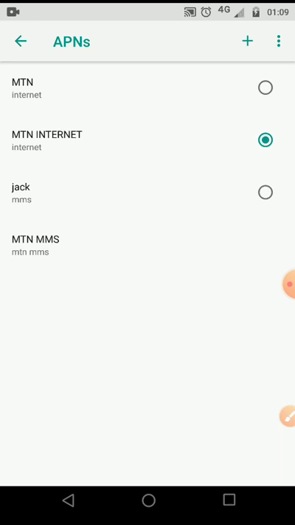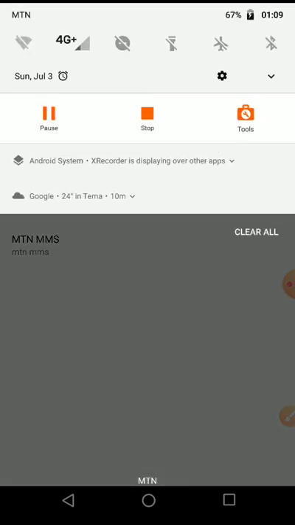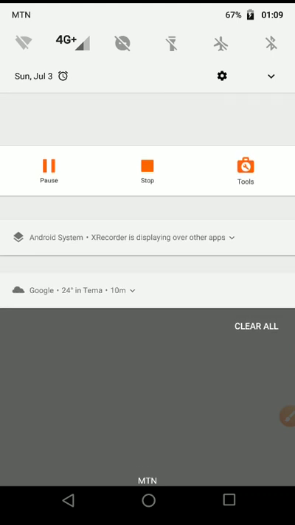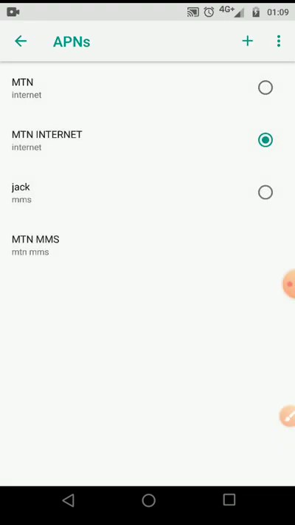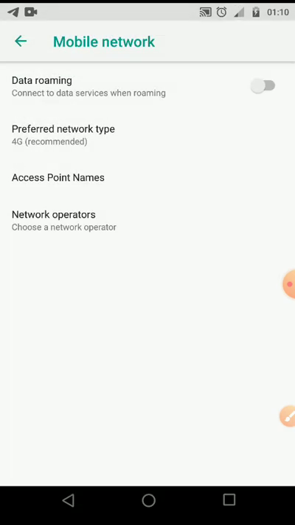Okay, so let's give it a try. Right now I'm using a night bundle. So when you don't have data, right now I have data. If you don't have data, you can just proceed to the settings. So after selecting here, all you have to do is go back